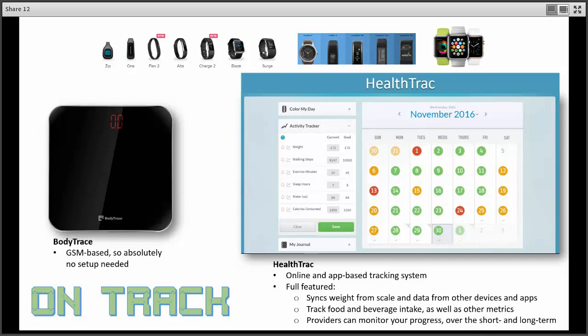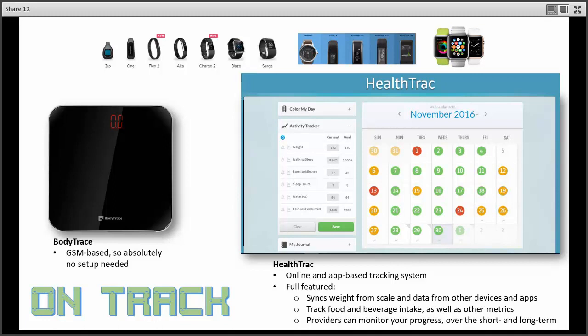If you've ever used the Fitbit Aria scale or Garmin scale or Withings scales, some of those connected scales, you probably know that for those, you have to connect them via Wi-Fi or Bluetooth. And I can tell you, having provided quite a few tech support calls with patients in the past, trying to get those set up and keep them connected can be a pain at times.